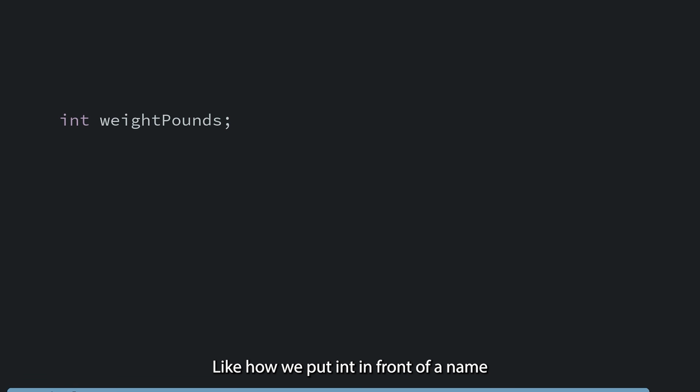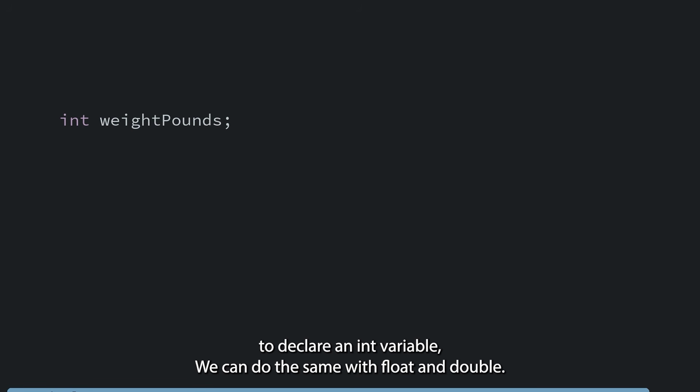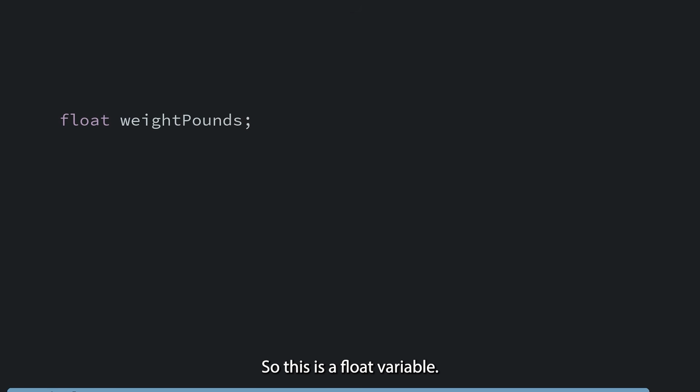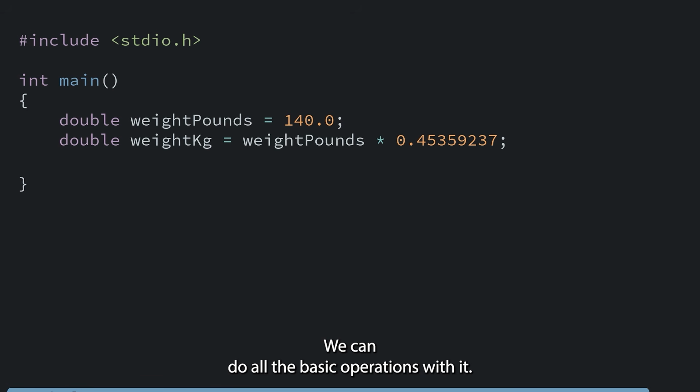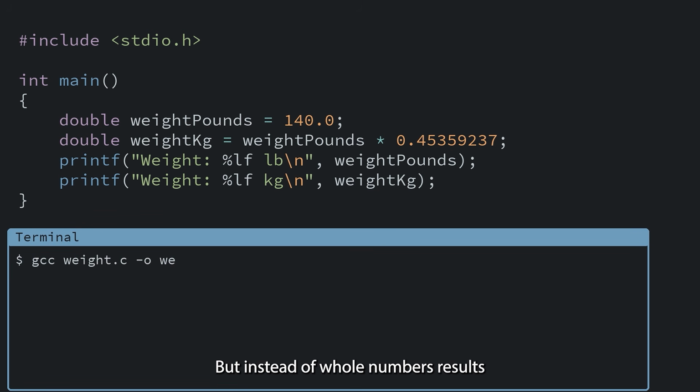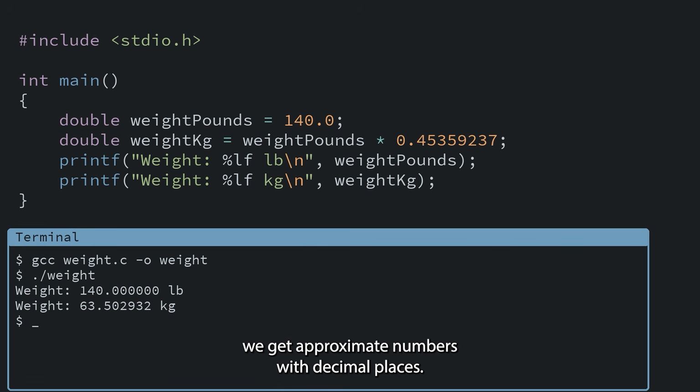Like how we put int in front of a name to declare an int variable, we can do the same with float and double. So this is a float variable, and this is a double variable. We can do all the basic operations with it, but instead of whole number results, we get approximate numbers with